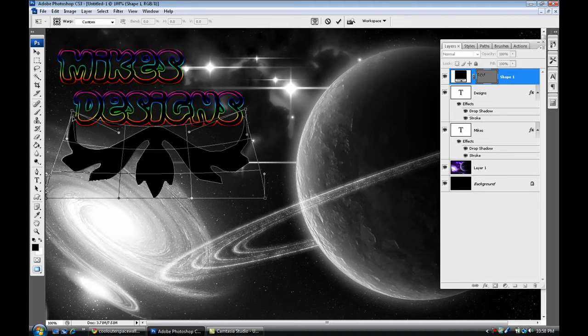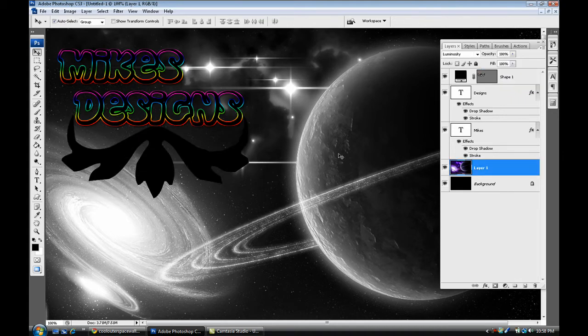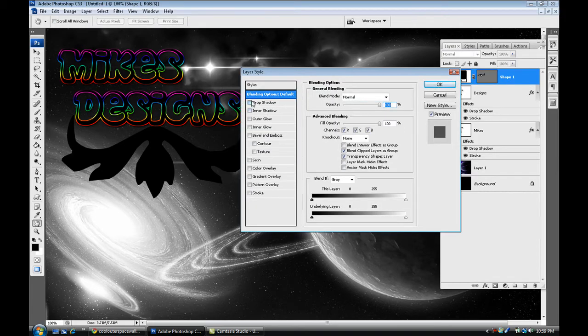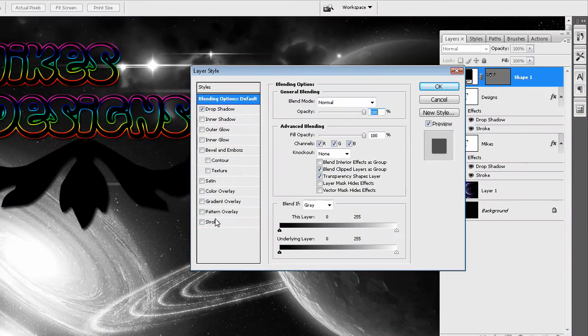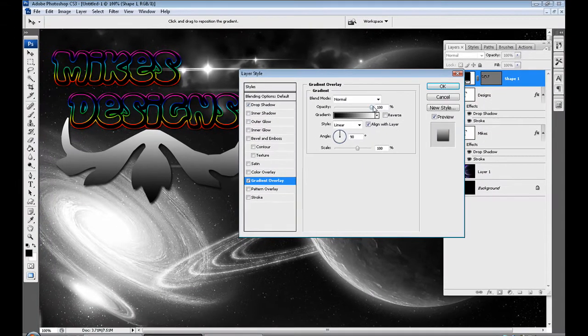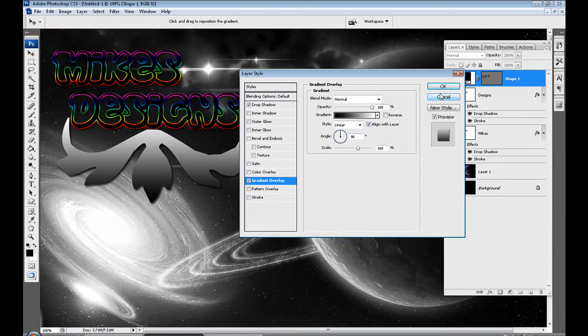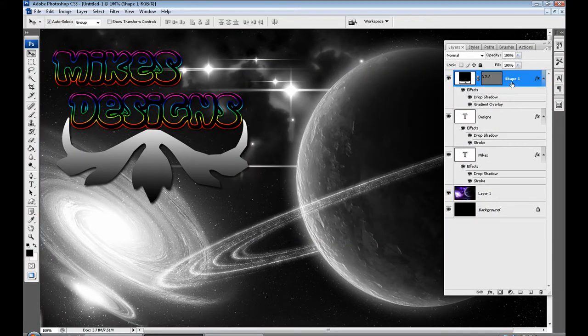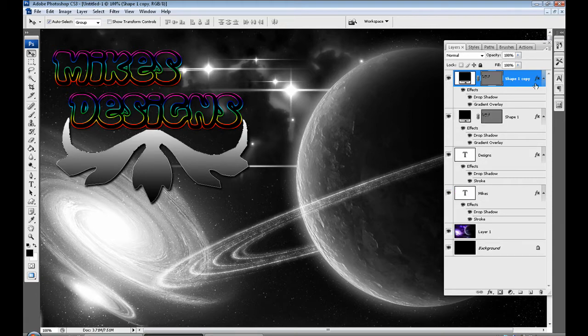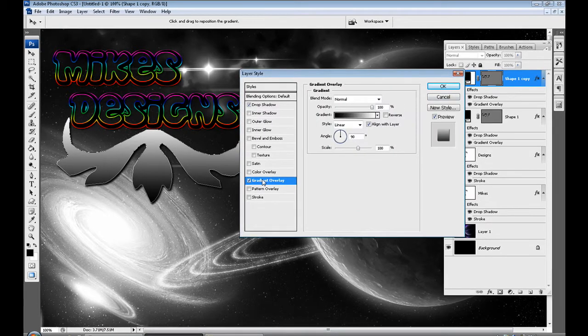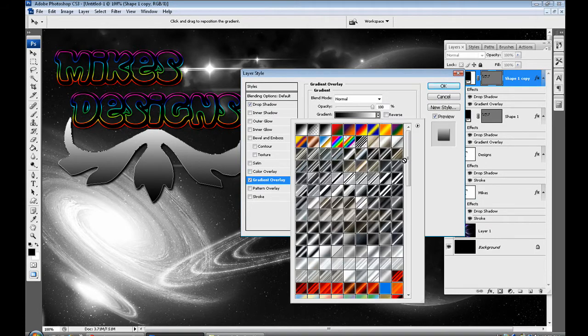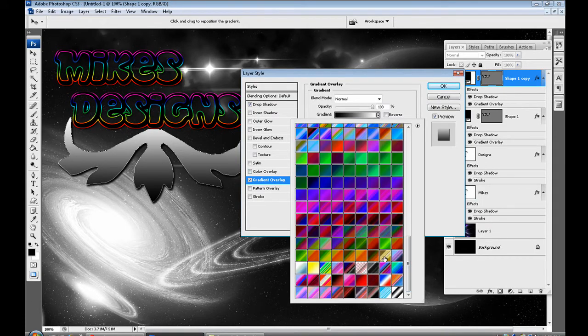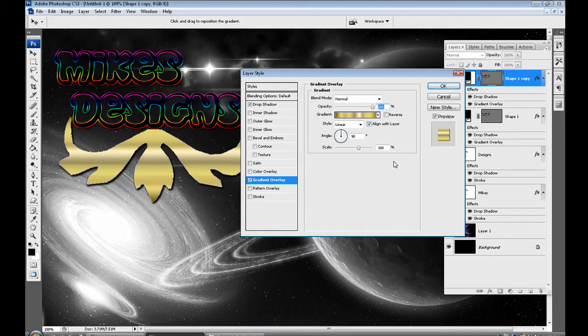And move that over. And press OK. And if you want, you can paste that layer style in there as well, but I'm not going to do that. I'm going to give that a drop shadow, and I'm going to give it basically like a gradient overlay, and I'm going to leave it at the basic black to white gradient. And what I'm going to do is press Control J, and edit that layer style again and change the gradient overlay to like this gold kind of color, something like that, and give it